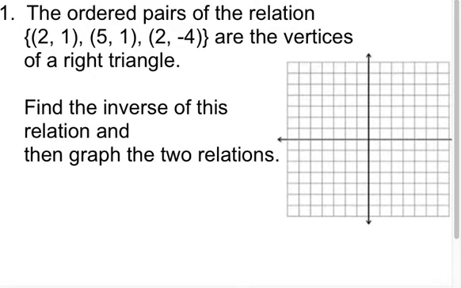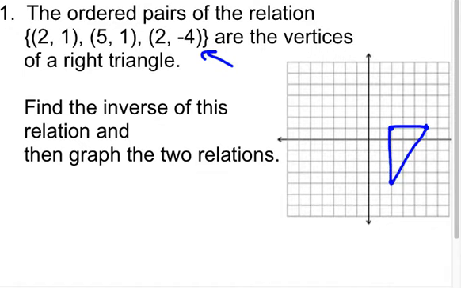Showing you something a little bit here. The ordered pairs of a relation, (2, 1), (5, 1), and (2, -4), are the vertices of a right triangle. Find the vertices of the inverse relation and then graph the two relations. I'm going to graph this one first in blue before we find the inverse relation. (2, 1) is this point right here. (5, 1). And then (2, -4). So there is